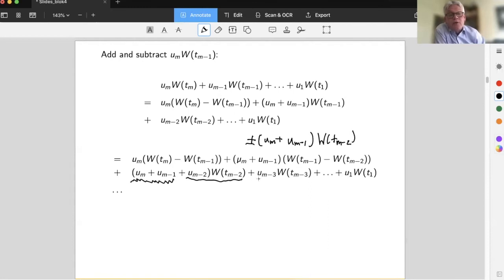And the other parts don't change. So this one was still there. Minus 3, W_tm minus 3, etc., up to U1, W_t1. And we repeat this process. So again, we add and subtract a term that makes this an independent increment. So we would add and subtract